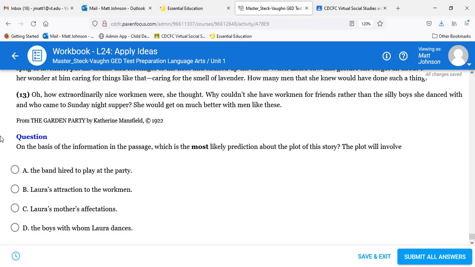D, the boys with whom Laura dances. B. Likely will be Laura's attraction to the workmen, considering just what we have here in the one passage, right? So B is the answer for 12. And that is the last one there. Does anybody need any follow-up